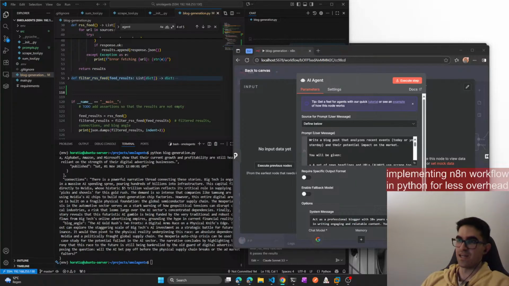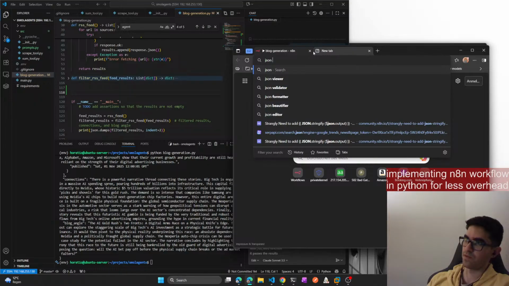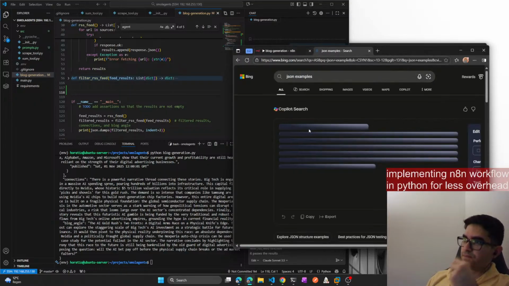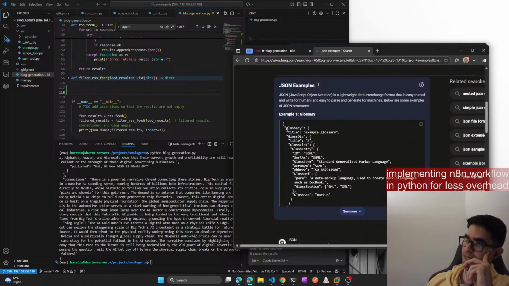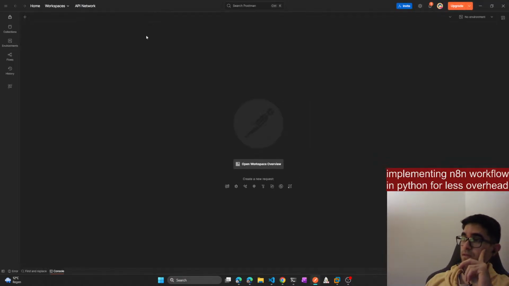JSON. Basically JSON is almost all over the internet, so it's a really good topic to look at. If you want to transfer data, you would transfer it in a JSON format, for example. Let me just show you. Yeah, so basically, maybe here. Yeah, one second.